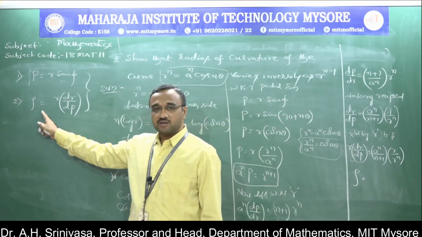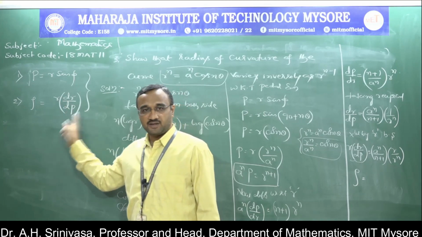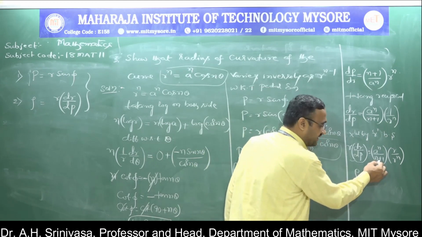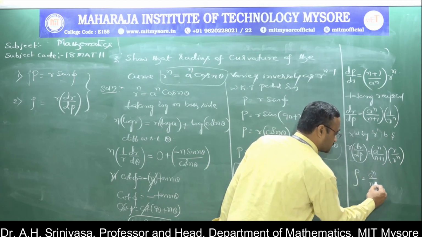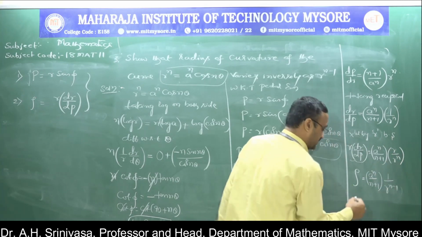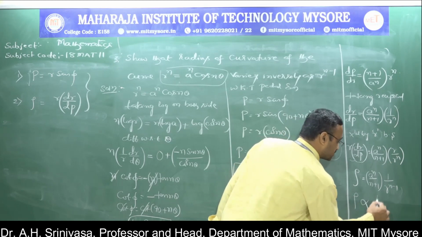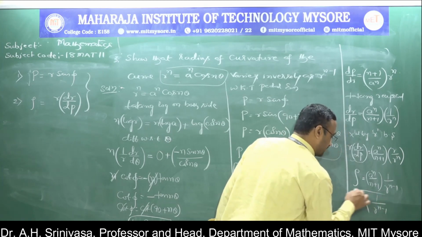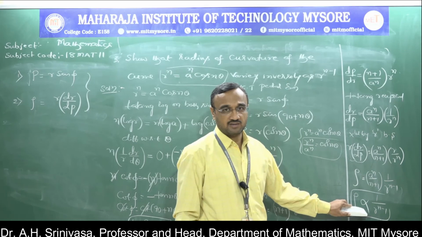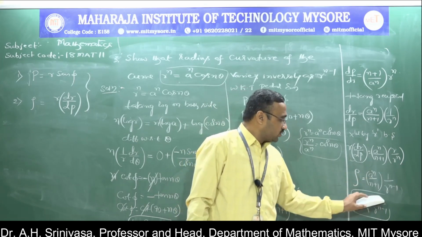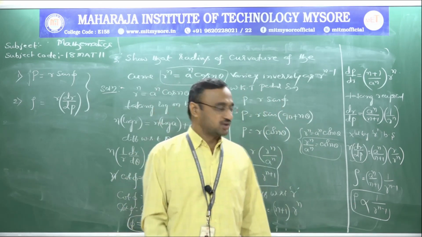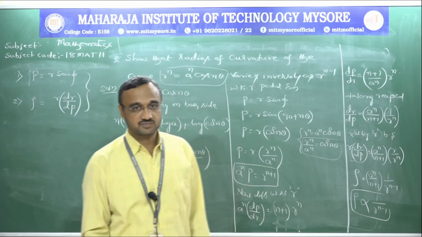See here, for the pedal curve, ρ is r dr/dp. Now I'm going to write here, r dr/dp is ρ, and this is a constant, keeping as it is, a^n / (n+1), and send it to the denominator. This becomes r^(n-1). Then ρ is inversely proportional to r^(n-1). This is a constant of proportionality. We can write it with the proportional symbol. It is a constant, this becomes 1/(n-1), or simply the radius of curvature is inversely proportional to r^(n-1). It's clear?